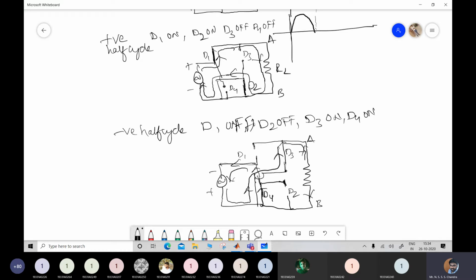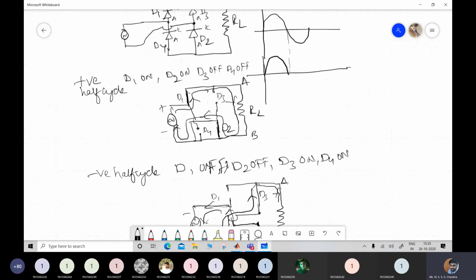So from the point of view of the resistor, in the first half cycle, the positive half cycle, what is the direction of flow of current, from A to B or from B to A, for the positive half cycle of the input? A to B, sir. A to B. Okay, and for the negative half cycle? A to B, sir. So the direction of current through the load resistor has not changed. So it is unidirectional current. So for the negative half cycle of the input also, you'll get the current in the same direction. Okay, so this will be your V output.